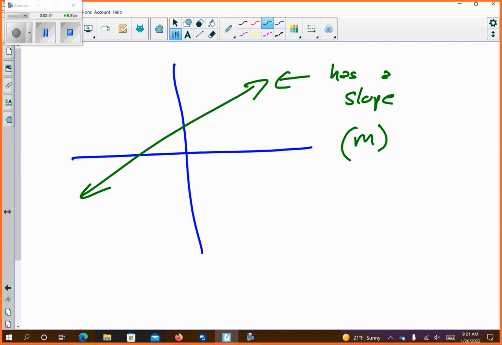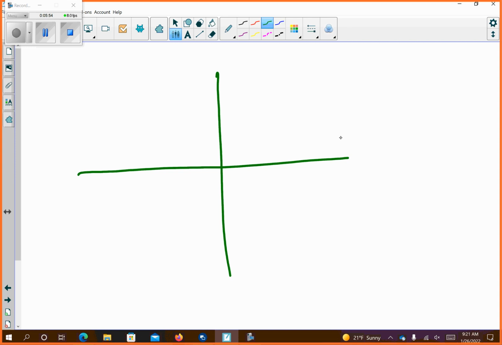Where things get goofy is, let's say I had something like this. As I go along this line, if I were to take a line, do you remember the term tangent line? I'm not talking about tangent in a triangle, where it's the opposite over the adjacent. I'm talking about a tangent as a straight line that kisses the curve once. Okay? So a tangent line